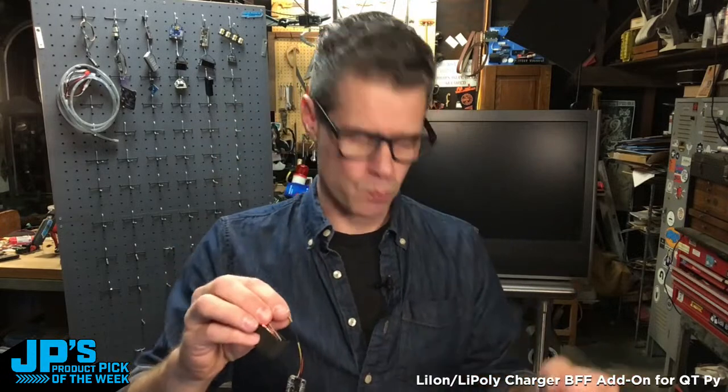Also great for wireless projects. If you're using something like an ESP32 based QT Py, excellent for giving you a little on-the-go wireless project. You'll also see here, if I take this USB-C cable and plug that into the QT Py, that we have a little